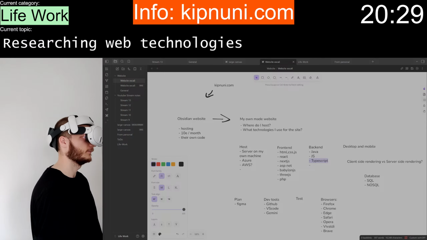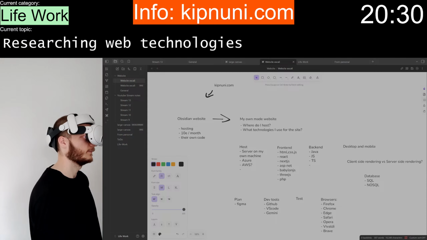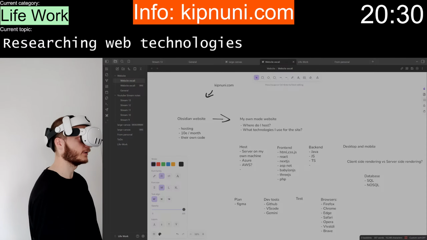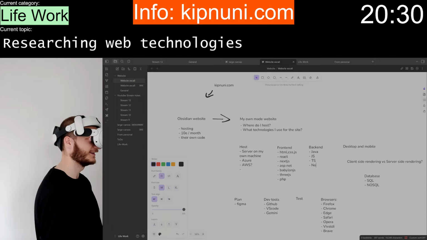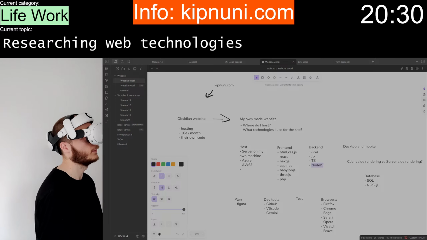Let's just do TypeScript. Node.js. Wait, now I'm using backend. Okay, no. Node.js. So yeah, these are languages, but how does it work?